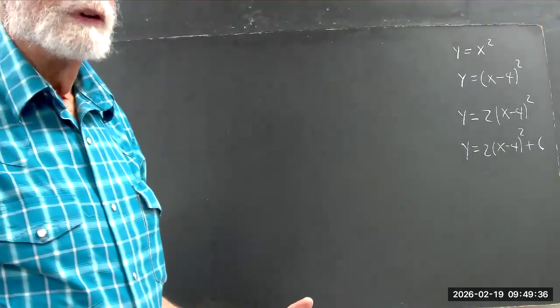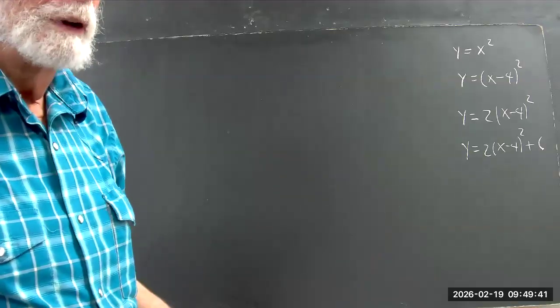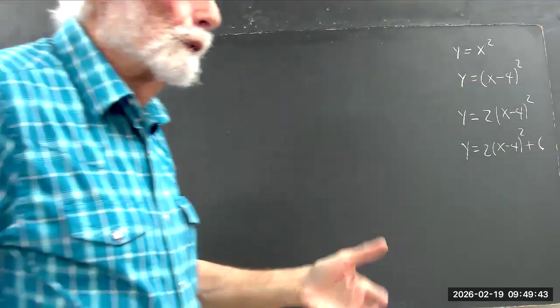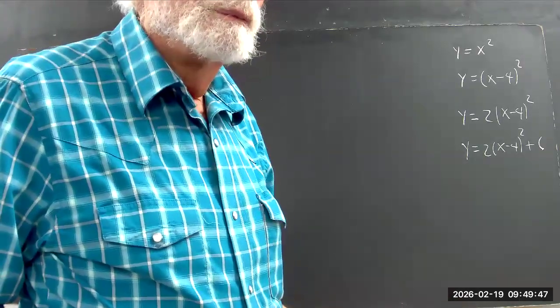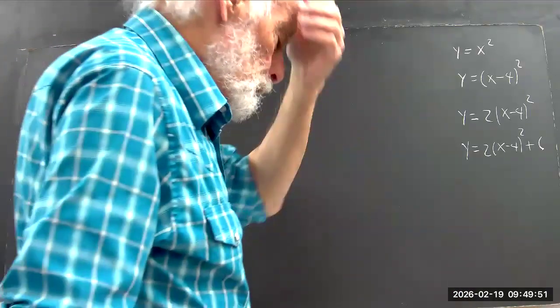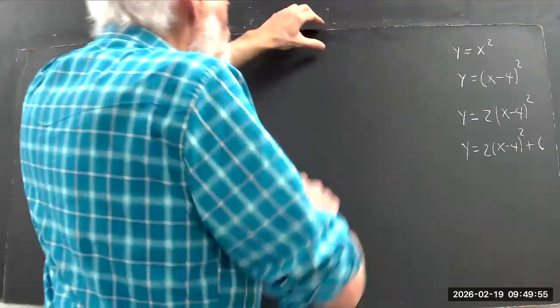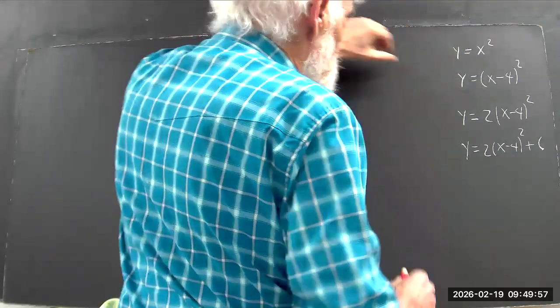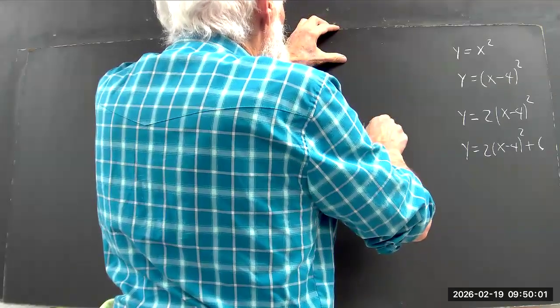You've got to really understand these toolkit functions, especially a few of them, okay? The quadratic, reciprocal, square, and cubing functions. And then the square root and the cube root. So you kind of want to review that maybe, but we need to move on here. So if I've got y equals x squared,